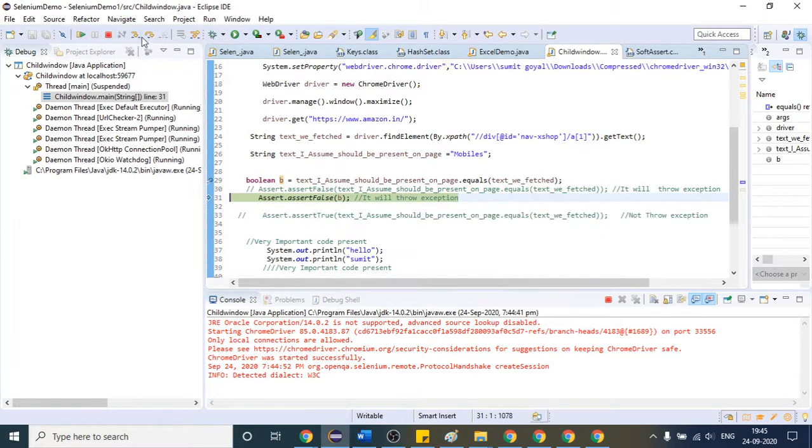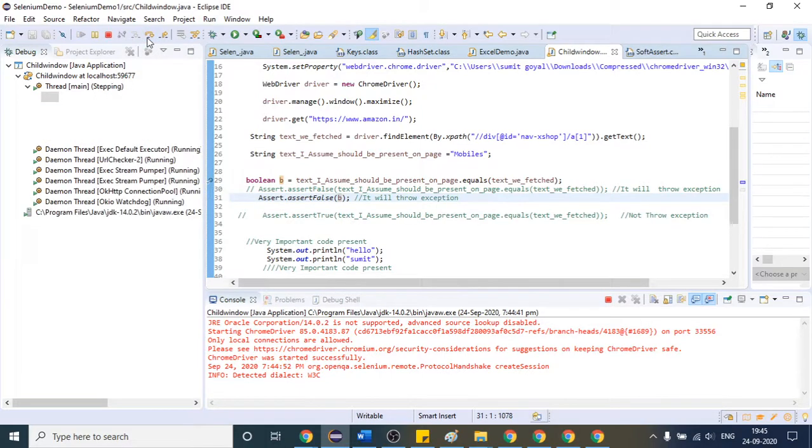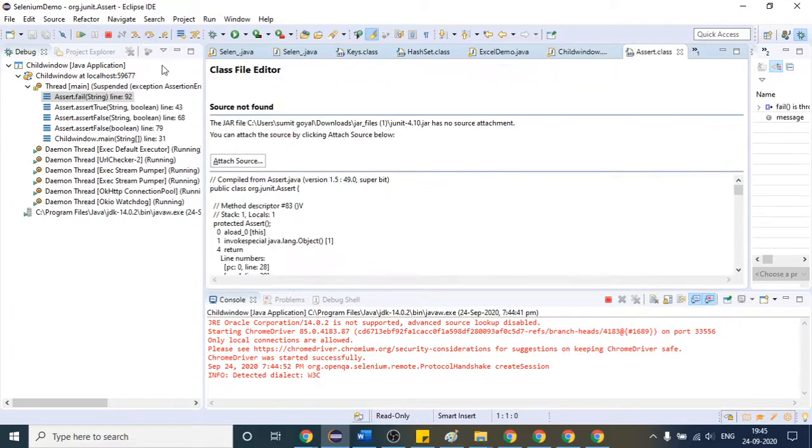So it will throw the exception, saying that I am expecting false but you are providing true. So it will fail, and moreover these two bottom lines will not execute. As of now I am just saying resume so that it will execute my code till the last. So resume it.